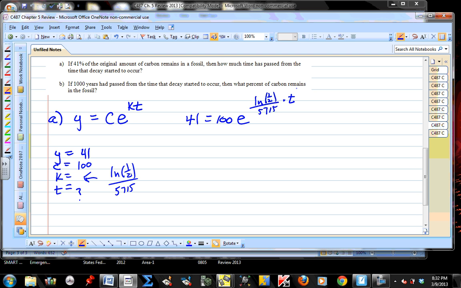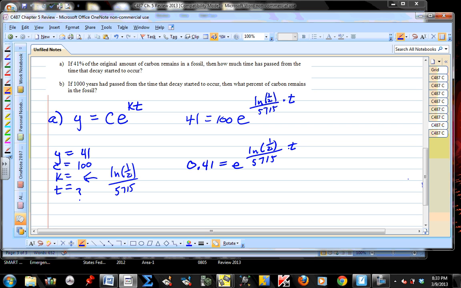Now we just need to solve for t. Let's divide each side by 100, so we'll say 41 divided by 100 is 0.41, equals e to the natural log of 1/2 divided by 5,715 times t. That's getting a little cramped, so let's give ourselves a little bit of room to write neatly. Now our variable t is in the exponent of a problem,